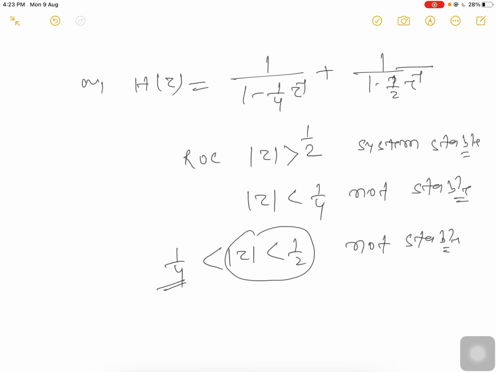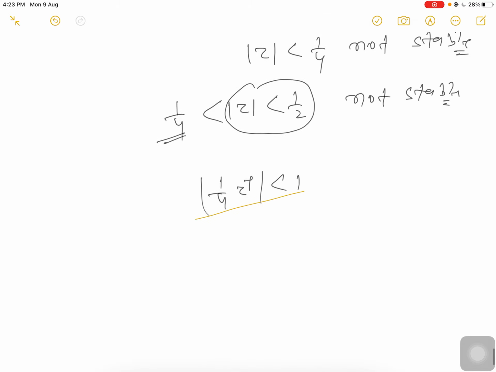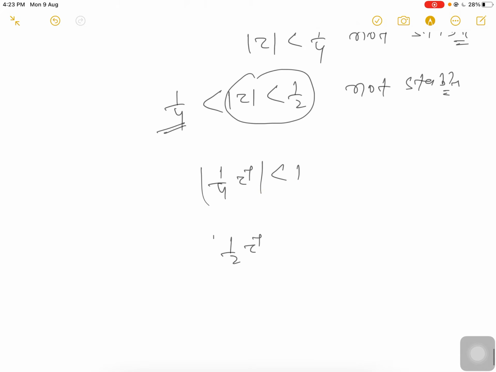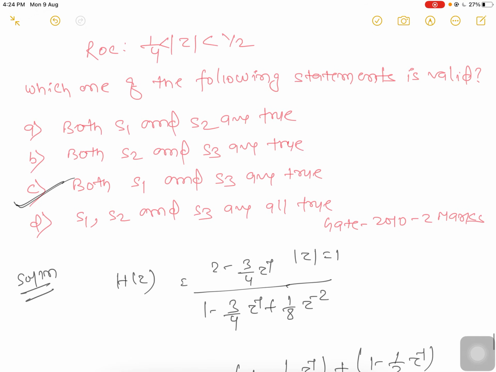We find out from here, check it here, when you take the ROC for a causal system, a right hand signal, then 1 by 4 z inverse should be less than 1, and here 1 by 2 z inverse less than 1. Then what will happen? Then it will be mod z greater than half, and here mod z greater than 1 by 4. Okay, and when you take mod 1 by 4, then it will be stable, and 1 by 2 it will be stable, but here the condition is different given. According to that,